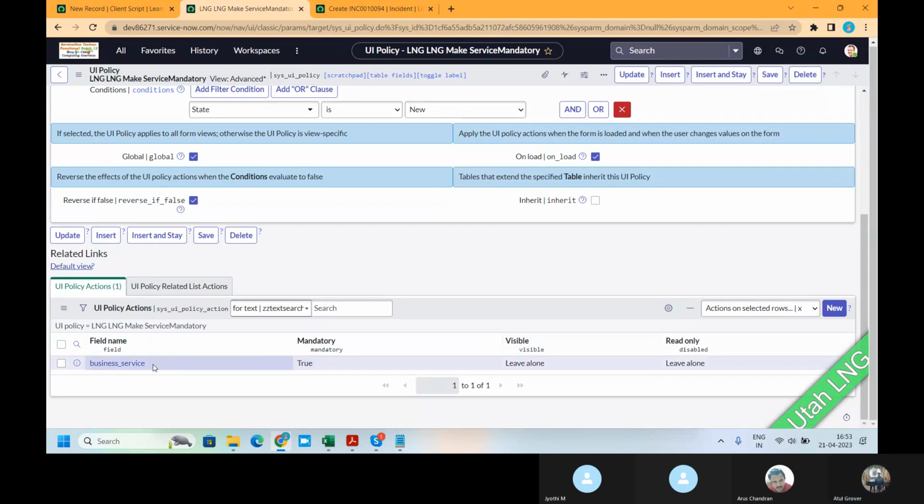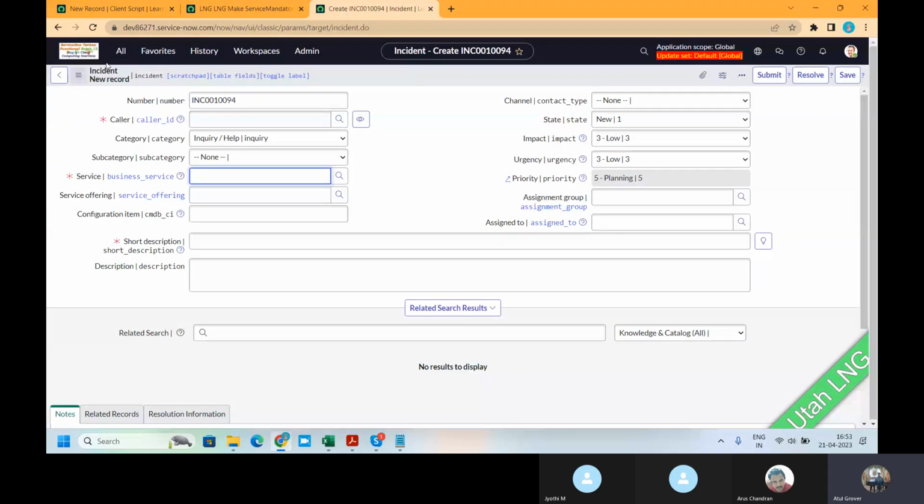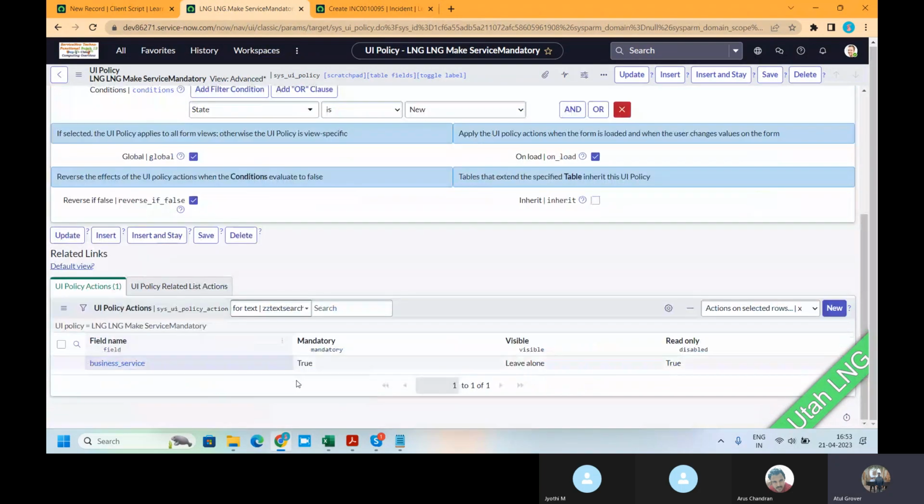Now if I make the same field read only, is it possible? One side I am saying make a field mandatory. On the same side I'm saying make the field read only. Is it possible practically? खाना खाओ लेकिन खाना मत खाओ. ये क्या बात हुई? ये वही बात है. So which will take precedence? That has been decided by ServiceNow. कि boss, I'm taking this as a precedence because you are saying mandatory first. If I say leave alone